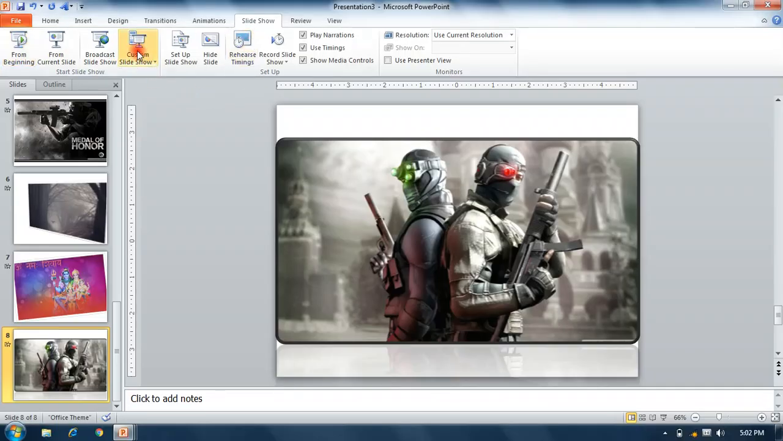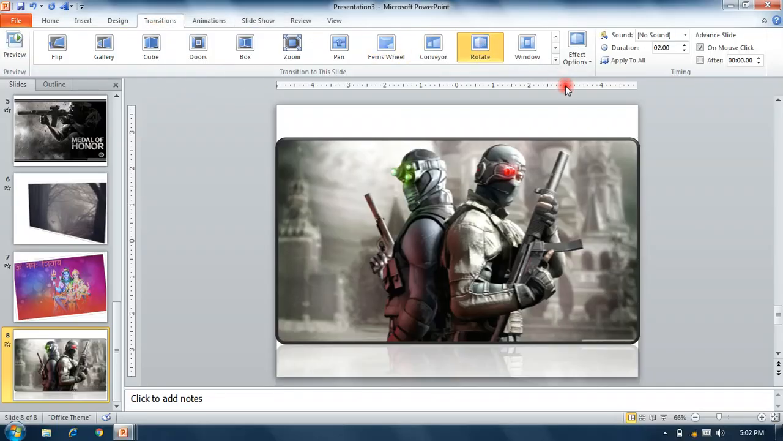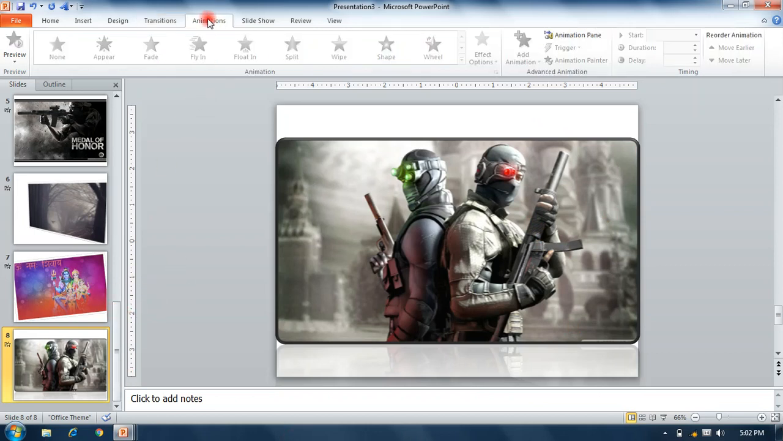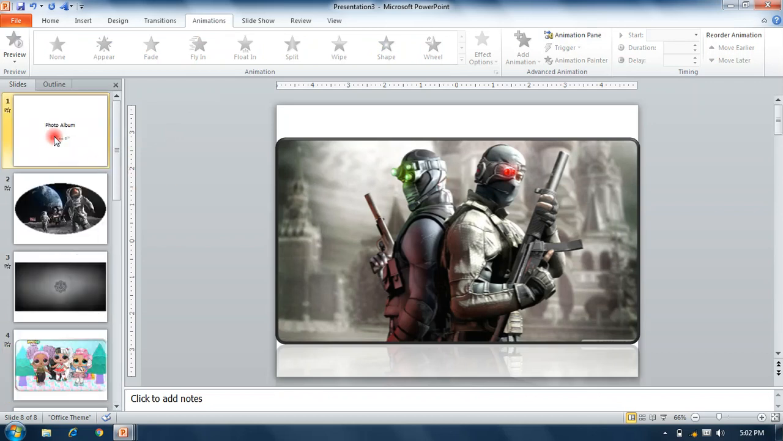Okay, in this we can also apply sound and duration of time, and select Apply to All, and On Mouse Click, this option is given to execute your slide. And animation, animation is used for text or